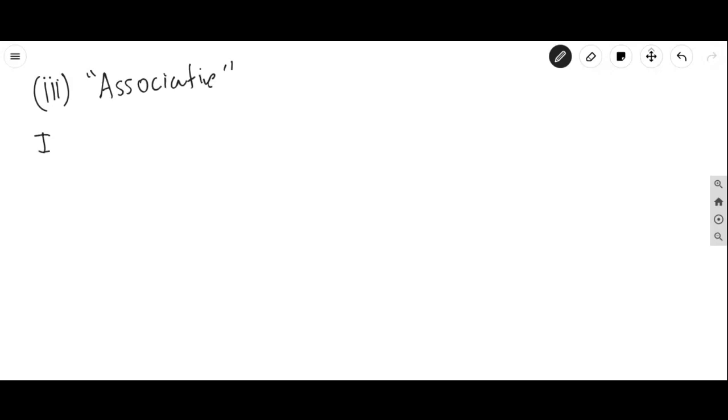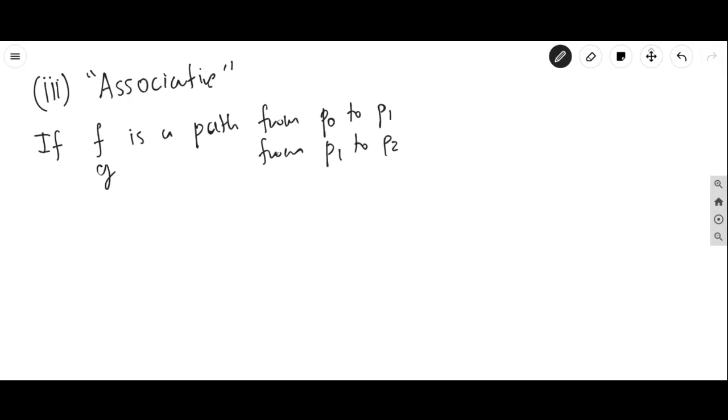It says that if f is a path from P0 to P1, g is a path from P1 to P2, and h is a path from P2 to P3, then the associative property says that you can do f juxtapose g,